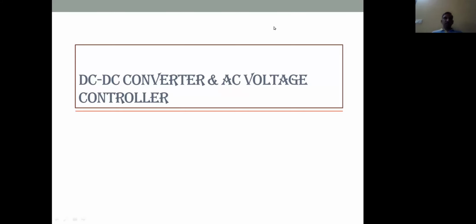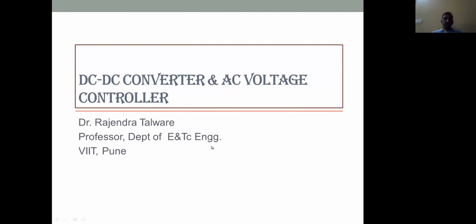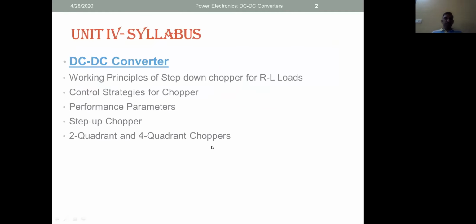Dear students, now we are starting with Unit 4 of Power Electronics, which is DC to DC converter, means chopper, and AC voltage controller as a part of it. Let us start with the syllabus for the unit, which is first part chopper, where we'll go through working principles